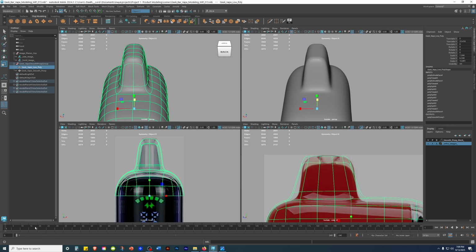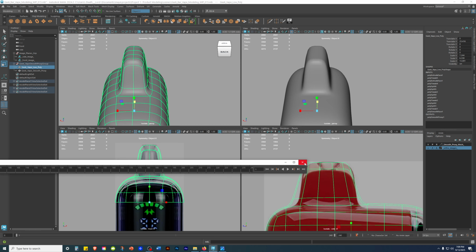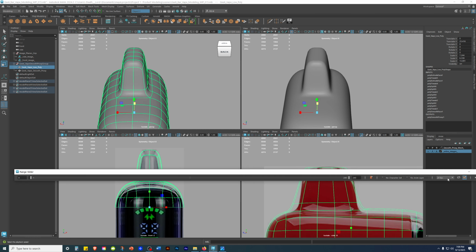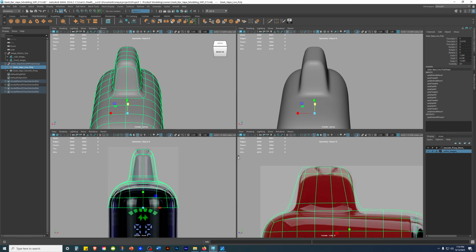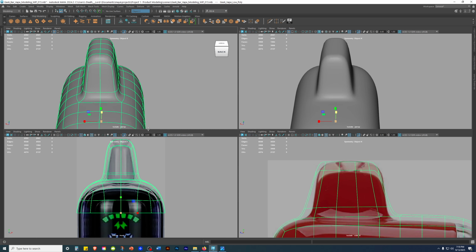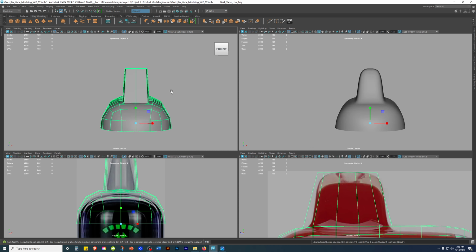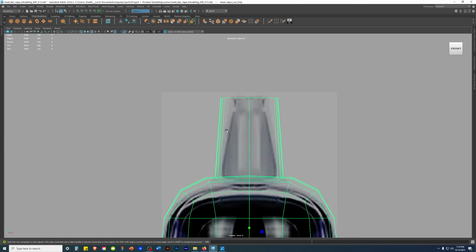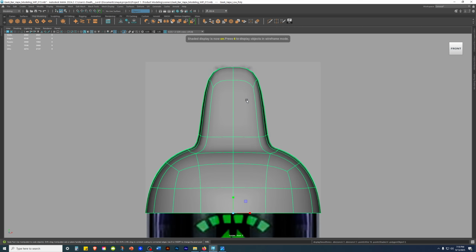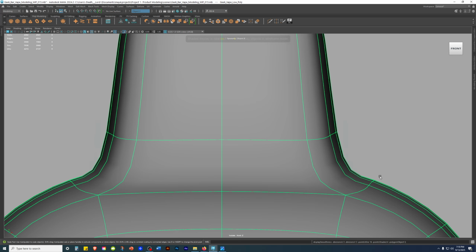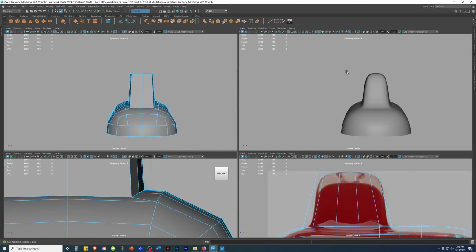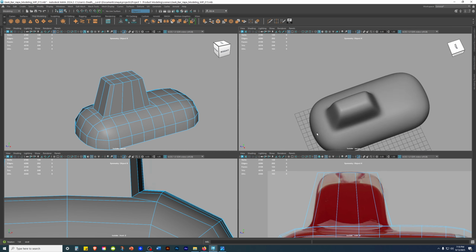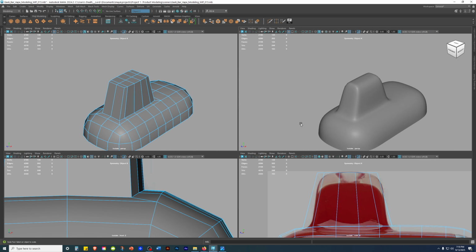I'm gonna yank this out. Yank that out. Yank that out. Alright, good. Close. Close. Oh, alright. Space bar, press 3, press 5. Edge mode. Alright, so